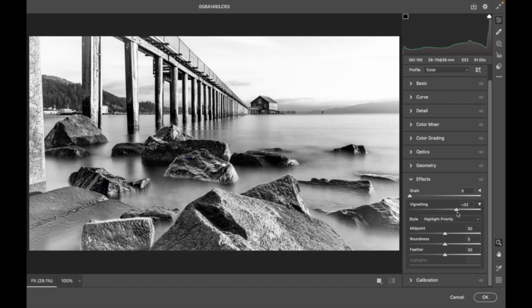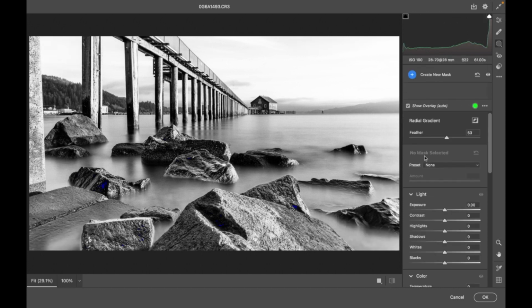I'm going to add negative vignetting. I'm going to go white. So we're going to do just that really old time classic photography from, you know, maybe the 1800s or whatever, and really haze this background. That's one way to do this. Click off that. The other way is you could do